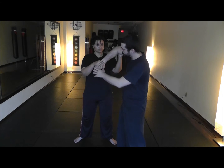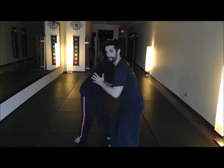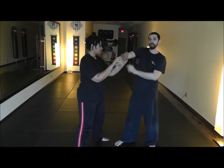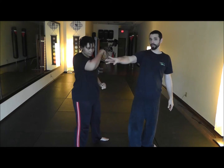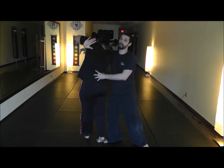So while she does that, I'm going to follow the circle with an inside coil, and my fingers are going to thread through the empty space underneath her arm. Go ahead. All right, let's do it a little bit more this way so they can see it. Here she goes. I've got to follow it by not only making my arm go in a circle, but actually turning, spiraling around the central axis of my limb. So go ahead. I sink and go with it and coil under and end up